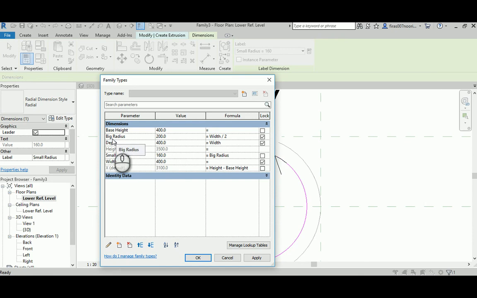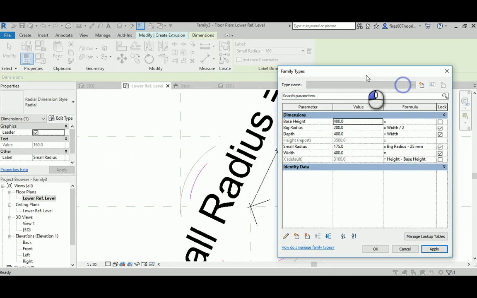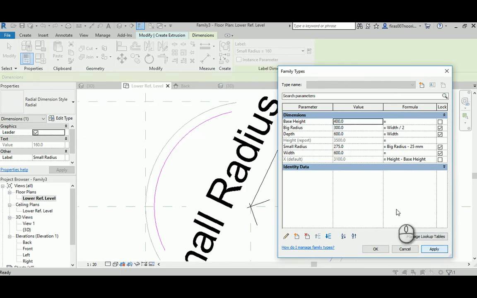If there is a gap, you have to keep it here. It must be exact, otherwise you're going to get warning messages. Let's say minus, let's say minus 25 maybe. Hit apply, and you see, you have to flex this and try it. So just go to the base height again, sorry, the base radius, make it 300, and hit apply. This guy should be less by 25. So this exactly, that's what I wanted. So hit OK,